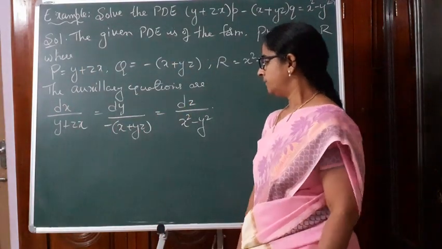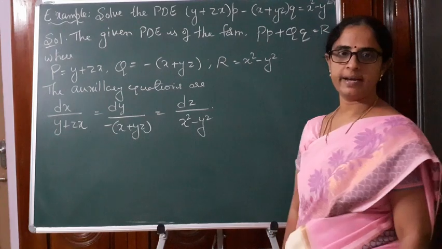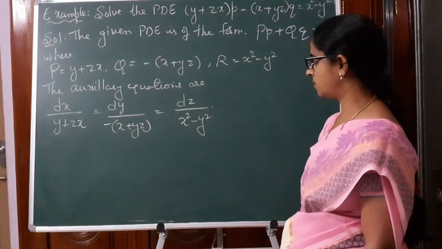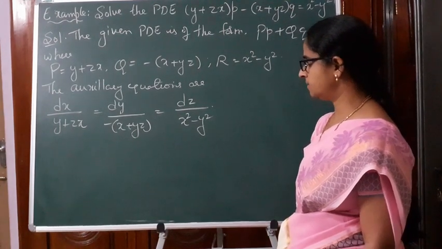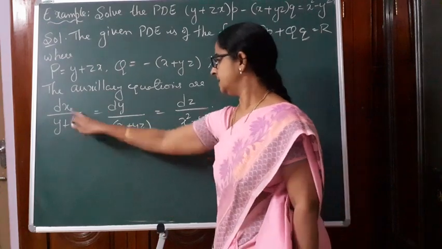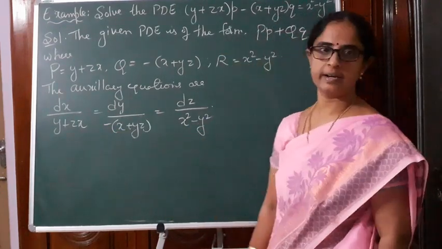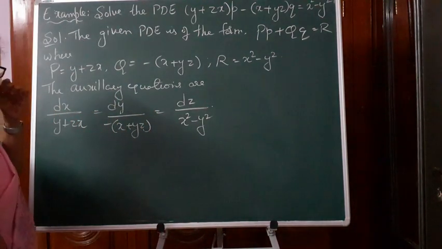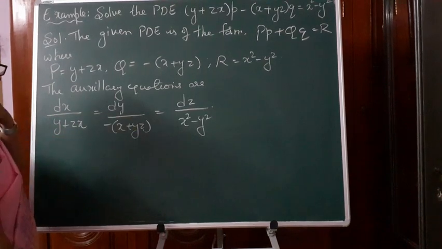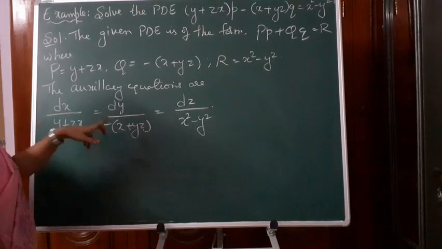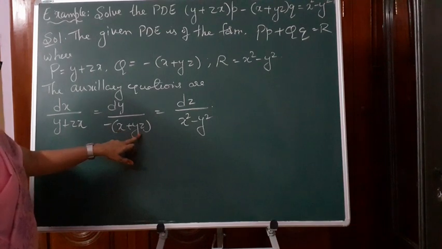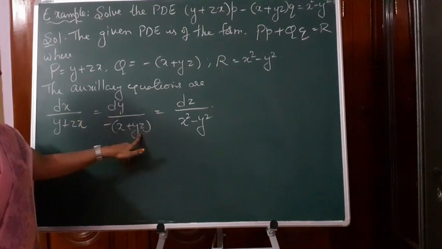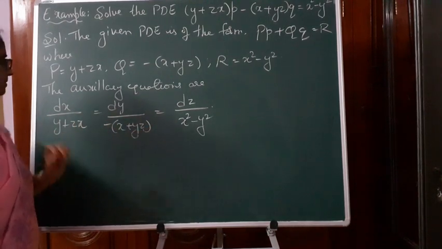Now we'll either group the terms or we'll find the multipliers. Let us check whether grouping holds here or not. I think we cannot group the terms because we get y dz x if we cross multiply also. So we'll try for multipliers. What multipliers can we take here? We have x square minus y square there. So if we multiply this with x, we get x square and xyz. If we multiply this with y, we get y square and xyz. xyz cancels, minus x square and minus y square cancel.